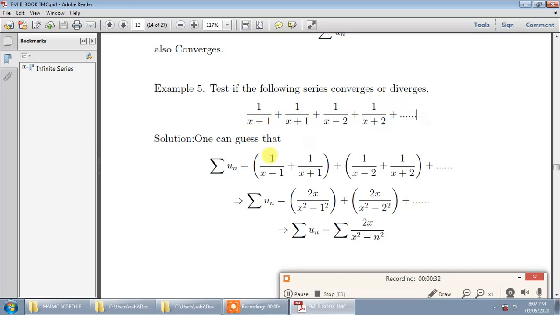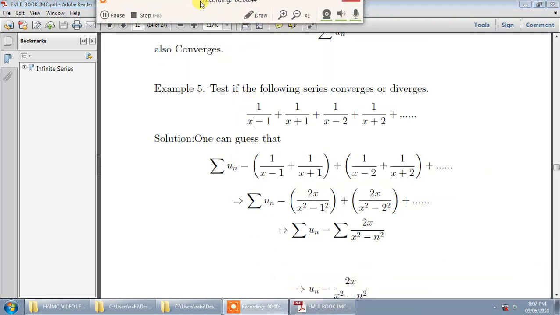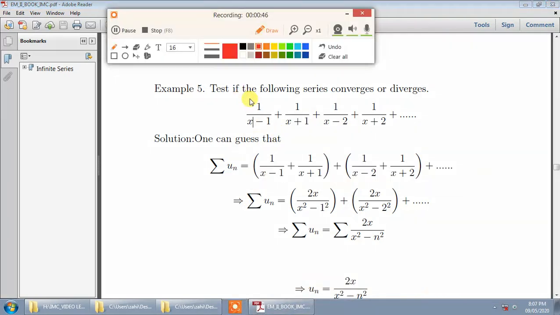Okay, now first time I think we came across x involved in the series. Up till now we used to have numbers only. Now first time what unknown variable is involved. Now what to do? Now let me combine the terms. Let me have pairs of the terms. So suppose this is one pair, this is second pair, and likewise we have infinite pairs.